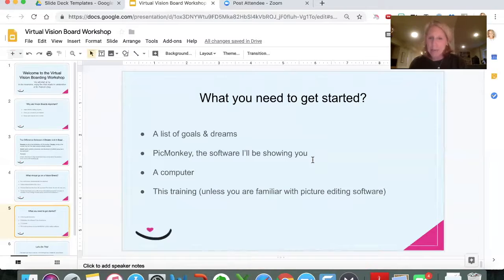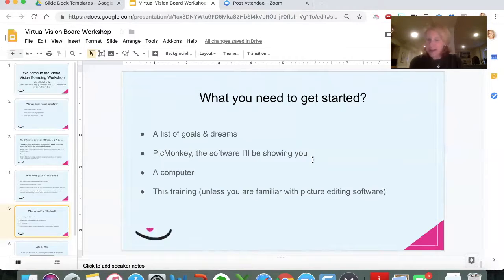There's also an app you can use on your phone, but the app is kind of limited, so I would never recommend the app for the vision board. You could, for example, do the basic vision board on the web application, the website, then download it as an image, and then update it on the app, say if you want to add some quotes, because it's pretty easy to add text to a picture on the app. So, a computer; most people hopefully have computers nowadays.